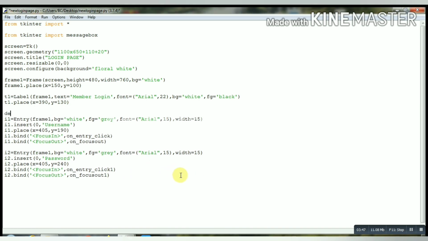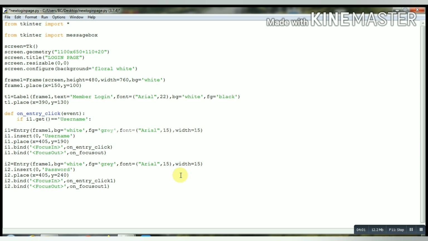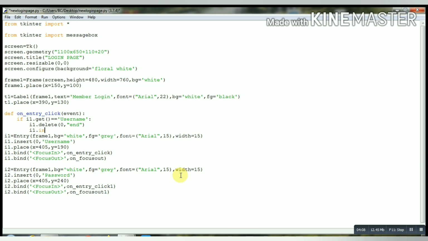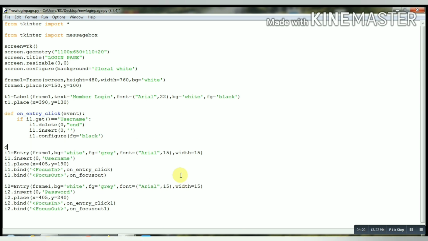Now we will define the function on_entry_click with event. If I1.get equals username, meaning the user hasn't entered anything till now, then we will delete from 0 to the end, and take the input from the user, meaning we insert an empty string that will be entered by the user, and configure its foreground as black.